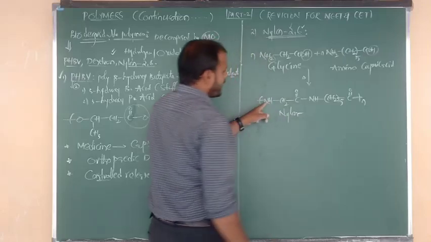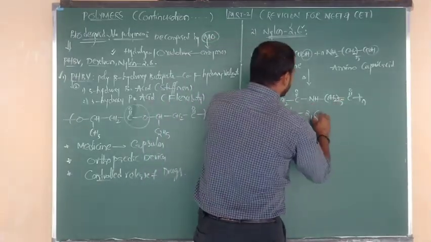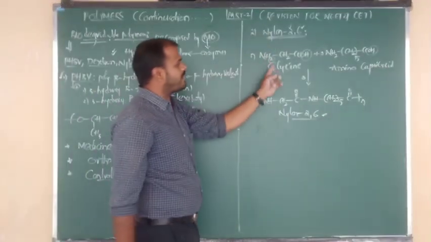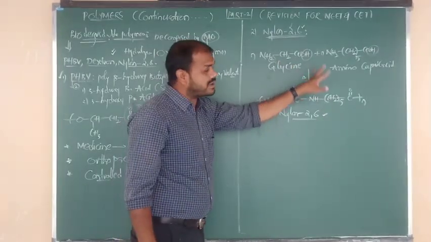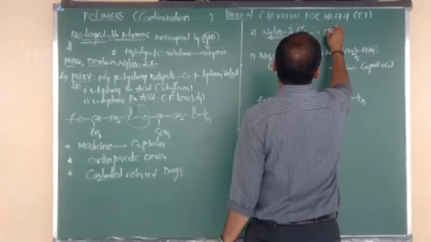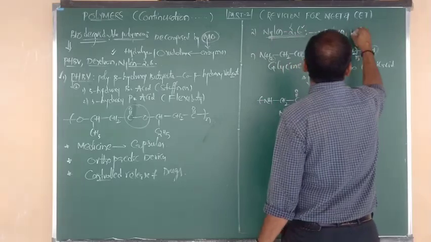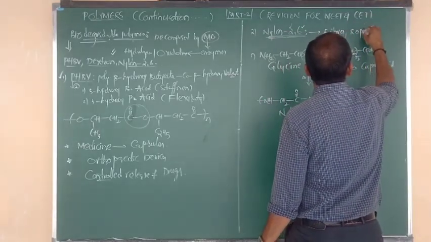Nylon: after nitrogen there are 2 carbons. Again after nitrogen, 5 plus 1, 6 carbons are there. So this is your nylon 2,6. What are the monomers of nylon 2,6? Glycine and aminocaproic acid. Two different monomers, a copolymer, more than one functional group, a condensation polymer. Good. What are the uses of nylon 2,6? All nylon polymers are used in making especially fabrics and ropes, and also we can say fibers and ropes.